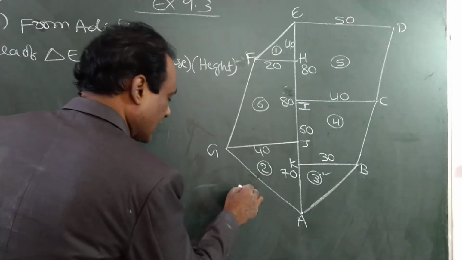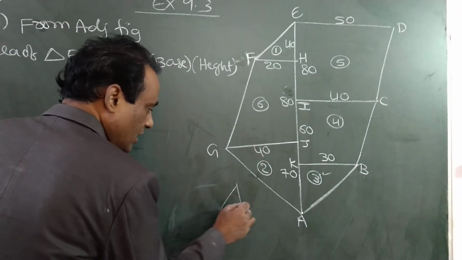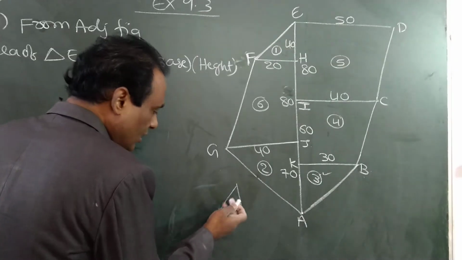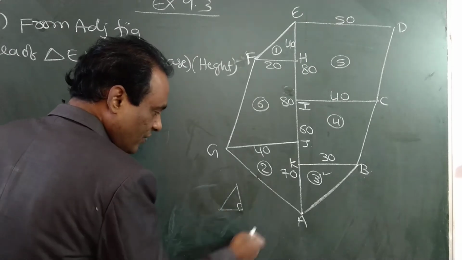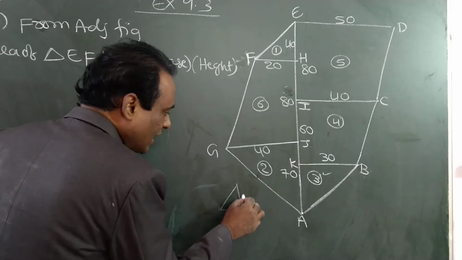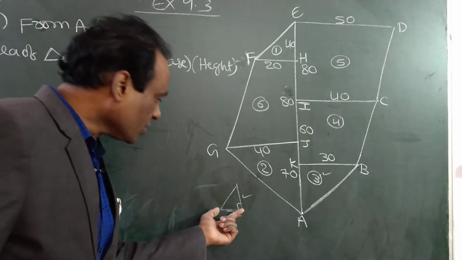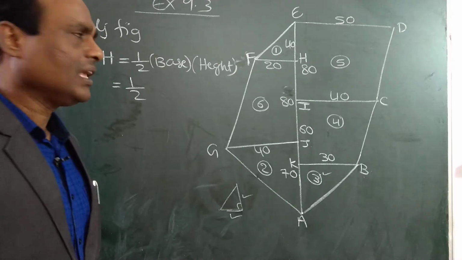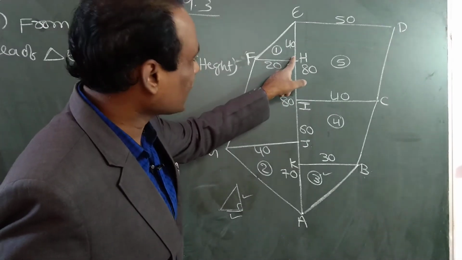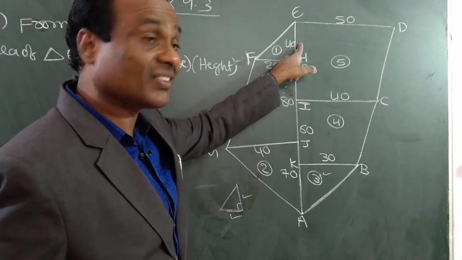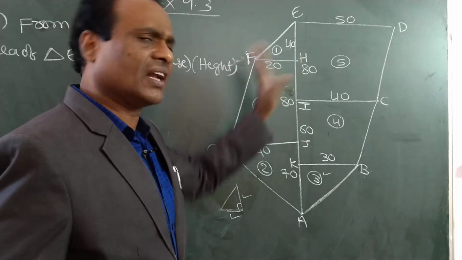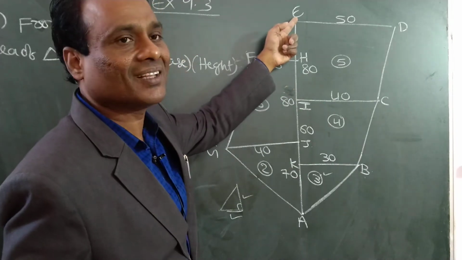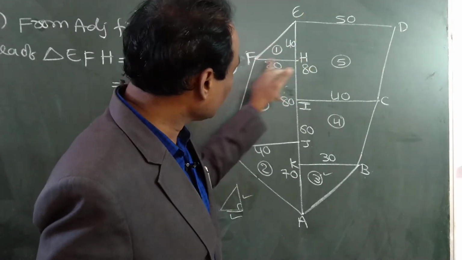This is a right angle triangle, with a 90 degree angle. This side is inclined, but for the two horizontal and vertical sides, you can take any side as the base, and the other will become the height. Suppose if I take this as the base, this will become the height, or this as the base, and this will become the height. In these two perpendicular sides, you can take one side as the base and the other side as the height. So suppose if this is the base 20, this will become the height. Suppose I take this as the base, this will become the height.